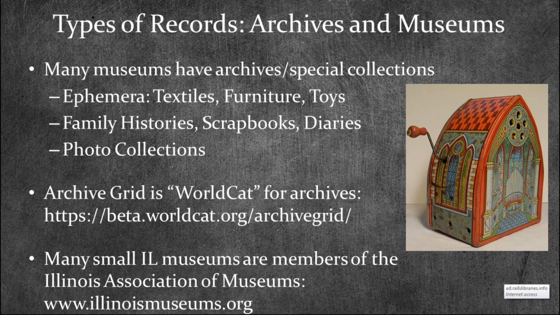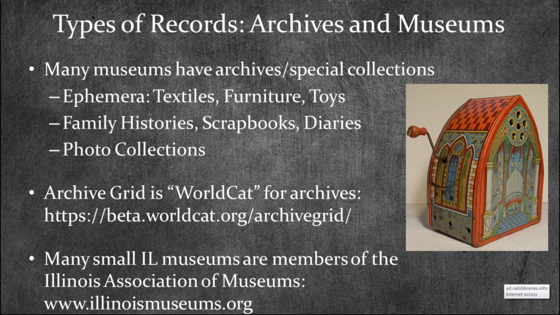So if they've got a school yearbook that's part of their collection, they're not going to index every name that's within that yearbook. They're just going to tell you, we have the yearbook for Illinois State University for 1924. Or they're going to say something like, we have city directories or church directories for the Methodist Episcopal Church for 1899, but they're not going to give you the names of the people who are in it.